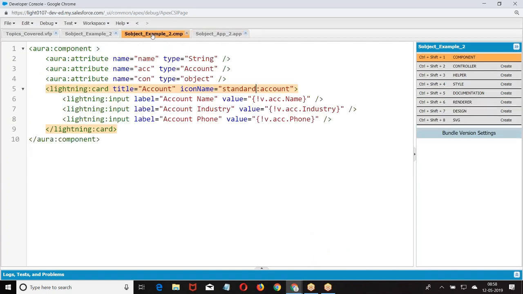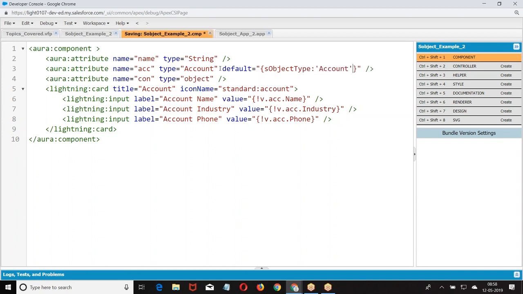When you create an object, this ACC I'm giving default. It's like within the constructor you are giving ACC equal to new account. If you give it within the constructor, at the time of loading only it will create. Here also I'm giving default. Now which type of object do I have to create?